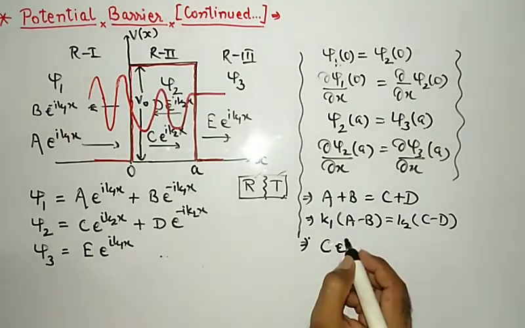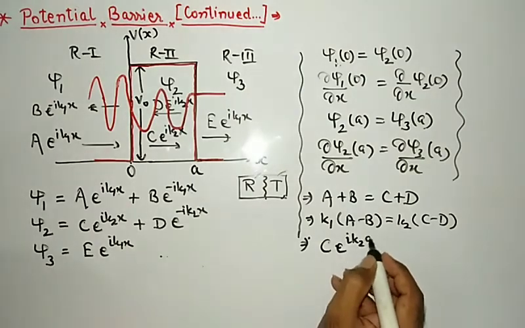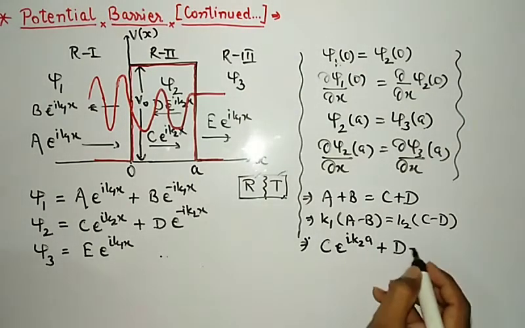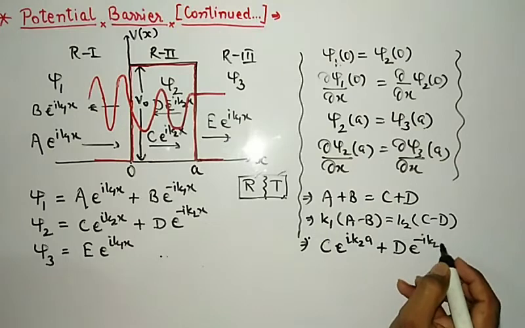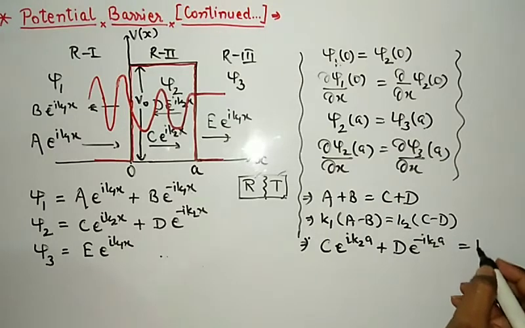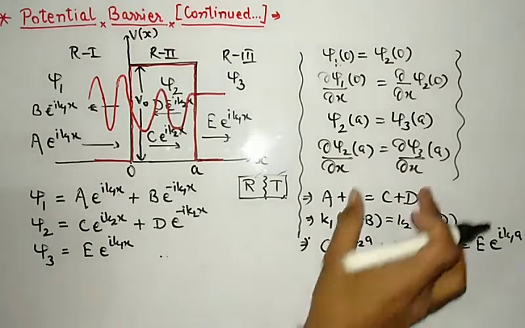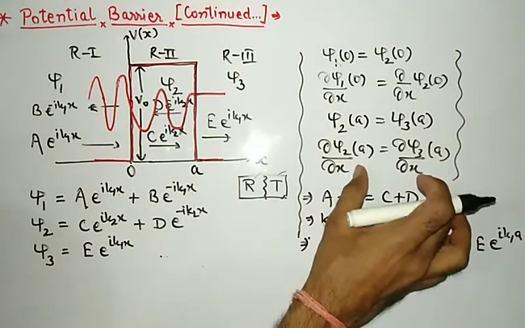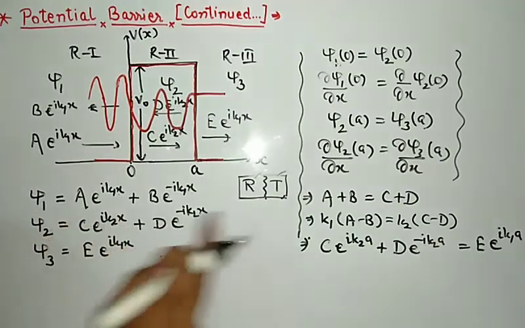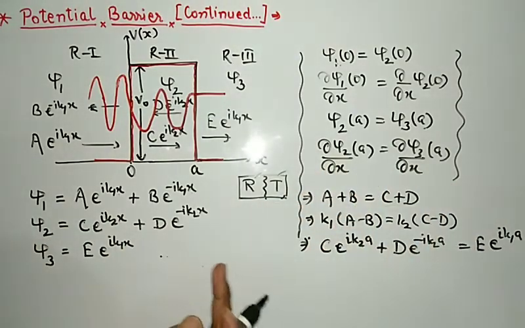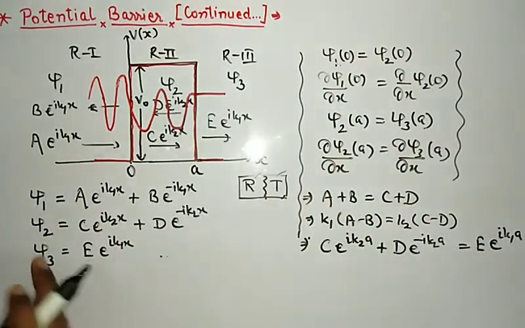C e to the power i k2a plus d e to the power minus i k2a is equal to e to the power i k1a. This is again third. Now applying this fourth relation, using these, first find derivatives. So d psi upon dx from here